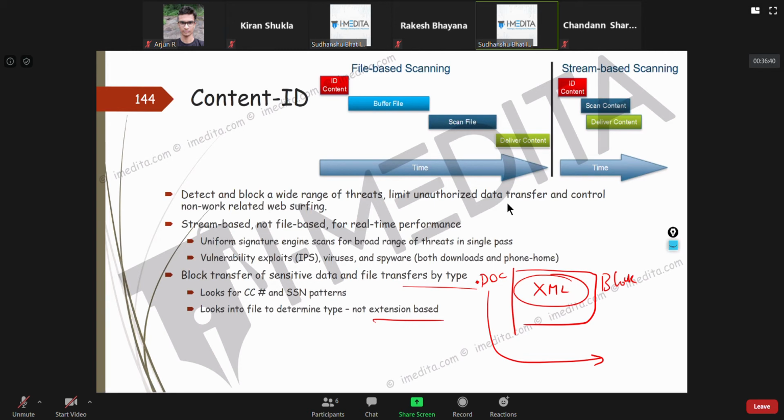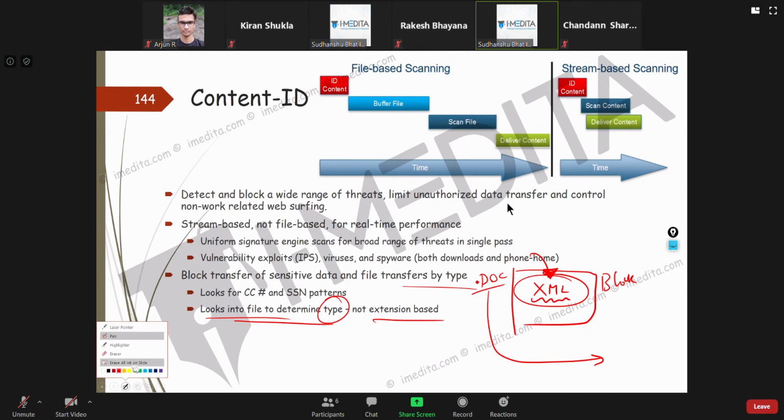Because of that, Palo Alto looks into the file. It scans the file and looks at the content of the file. So even this DOC file will be considered for blocking because it contains the XML content. It determines the type based on content, not extension.